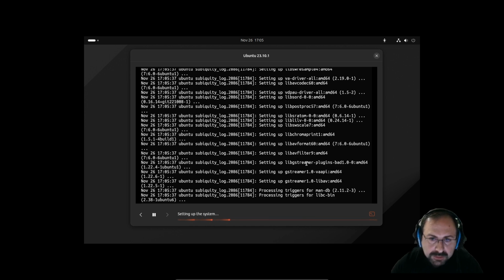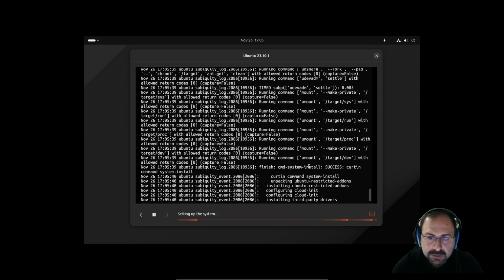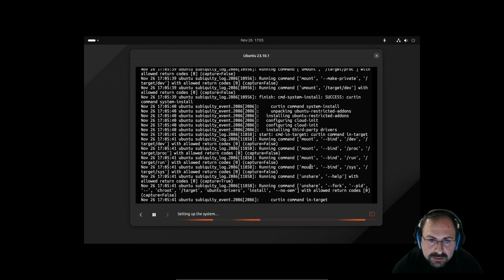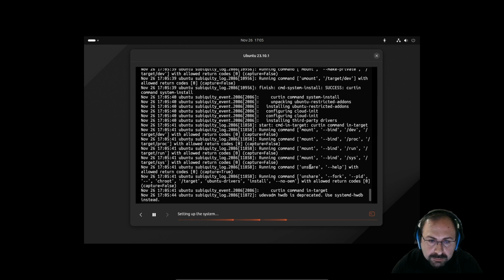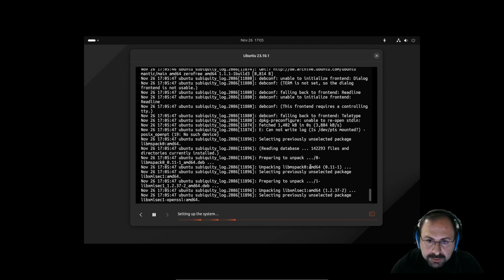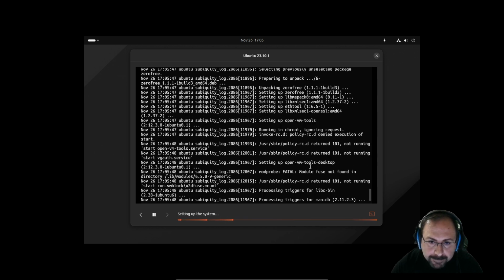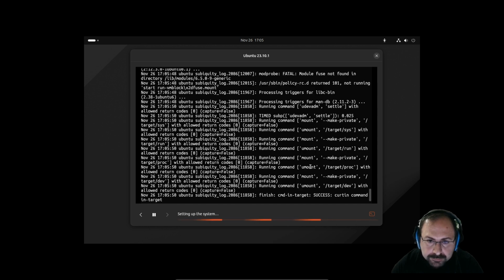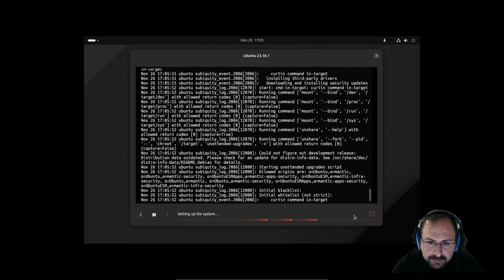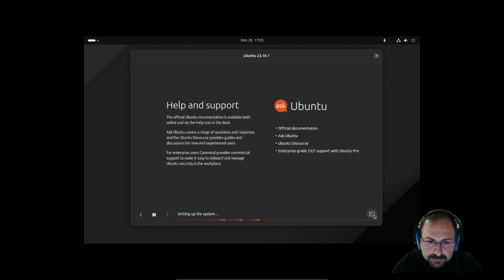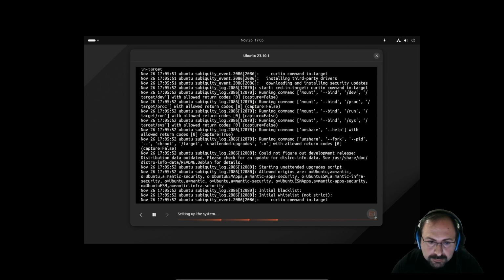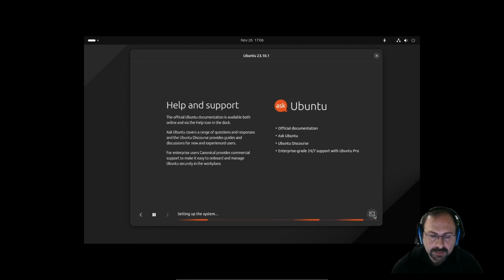Display drivers, media codecs. Now installing. This is extra things which we marked up in the beginning. Third-party drivers. Yeah, we are so close.